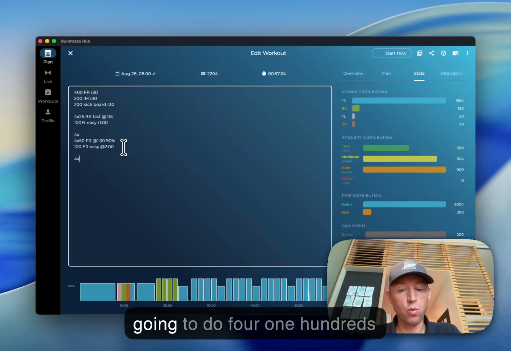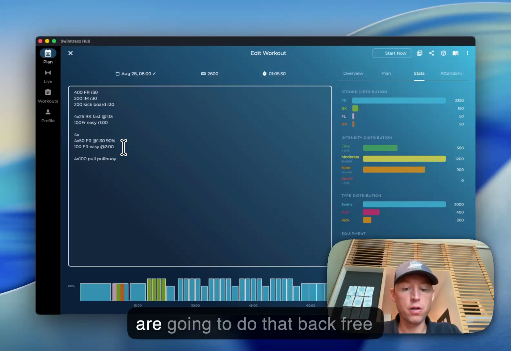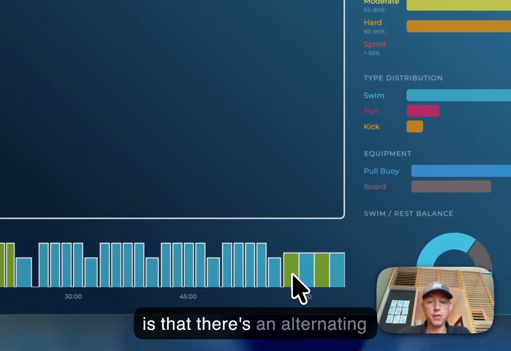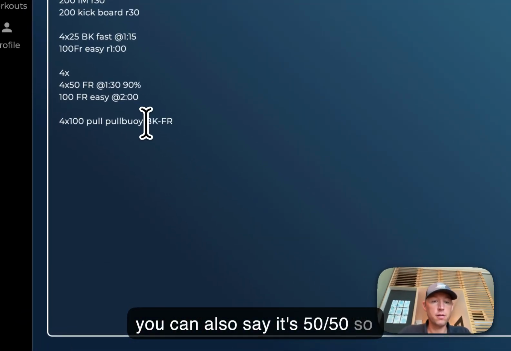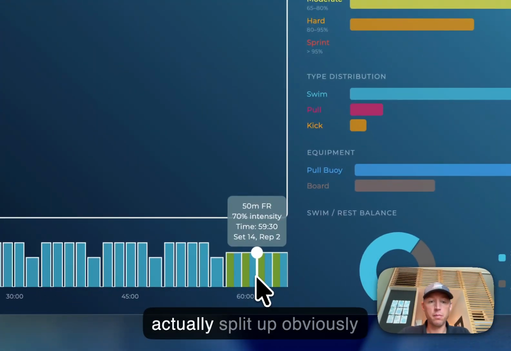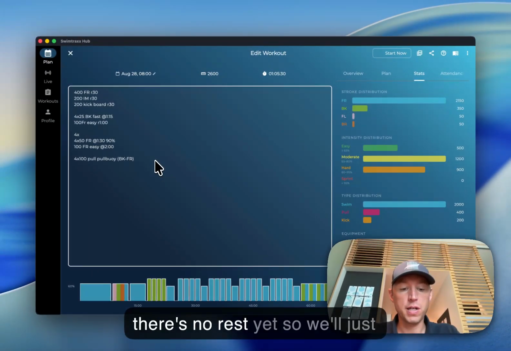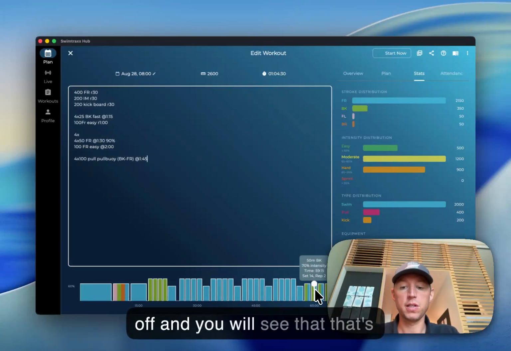Let's say we're going to do 4 100s pull with a pull buoy. And we are going to do that back free. And so what you can see here is that there's an alternating back and free right there. But you can also say it's 50-50. So 50 meters, and then you put it in brackets, and you can see that the 50s get actually split up. Obviously, there's no rest yet, so we'll just give that a, let's say, 1:45 send-off, and you'll see that